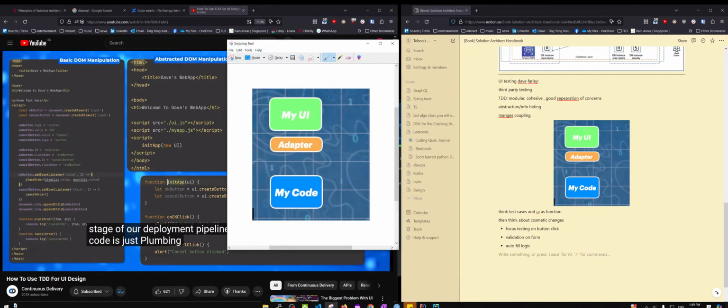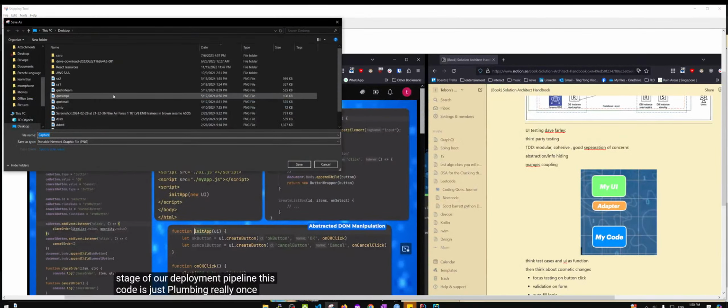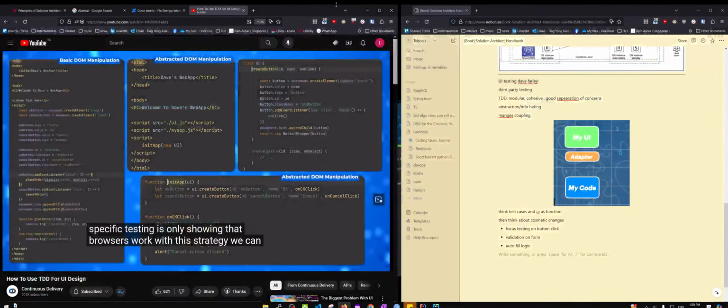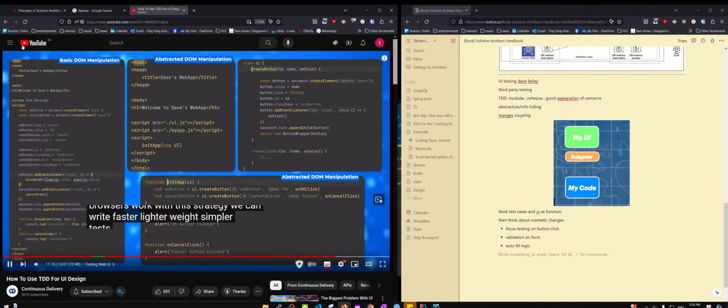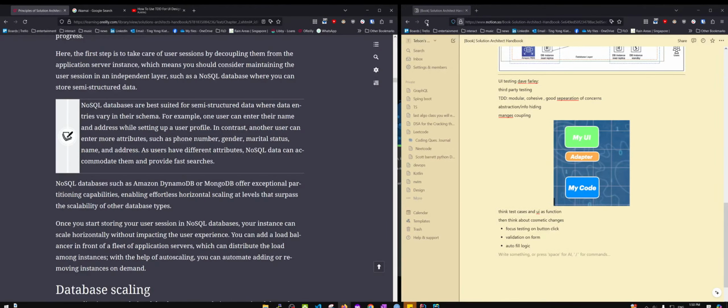This code is just plumbing really. Once we know that the plumbing works, any task-specific testing is only showing that browsers work. With this strategy, we can write faster, lighter weight, simpler tests to thoroughly evaluate the logic of our code in the